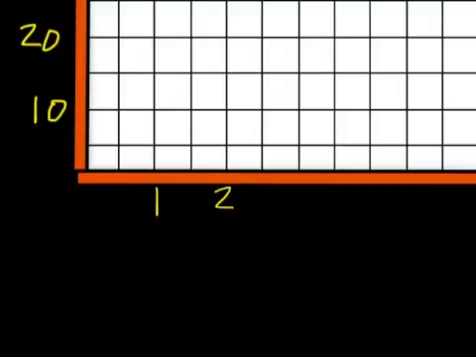2 more to the right is 2, 3, 4, 5. I can skip all the way across there. I can skip every other hash mark and put a 1 on there. When I do that, it spreads things out, so that it's kind of like zooming in on an iPad where you pinch out and you can see it